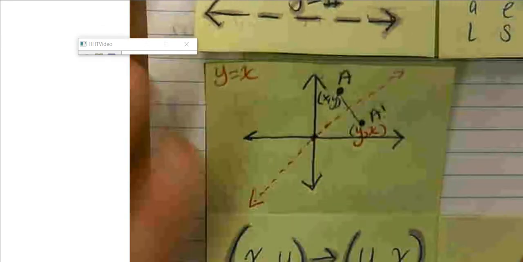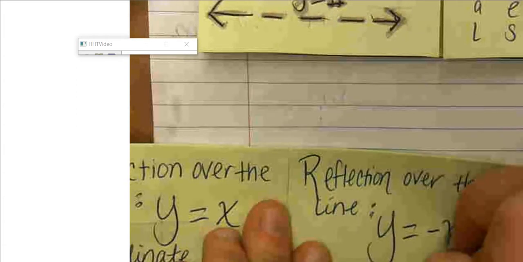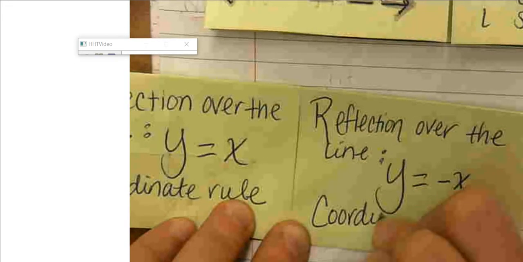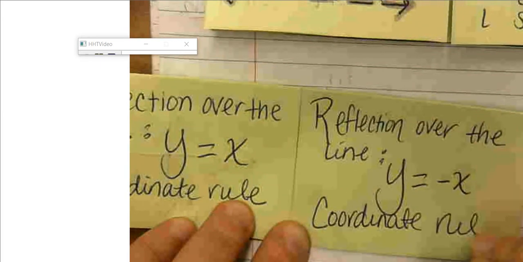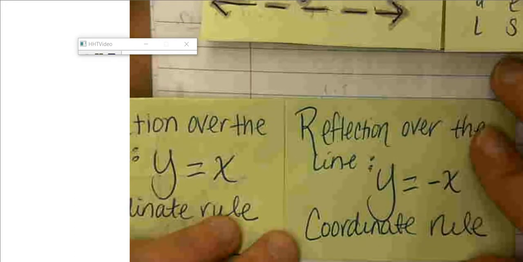All right, let's go ahead and move on to the next one. This is a reflection over the line y equals the opposite of x, or negative x. And we're going to identify the coordinate rule. Let's go ahead and open this up. So let me give you the coordinate rule first, and then we'll talk about it. The coordinate rule is